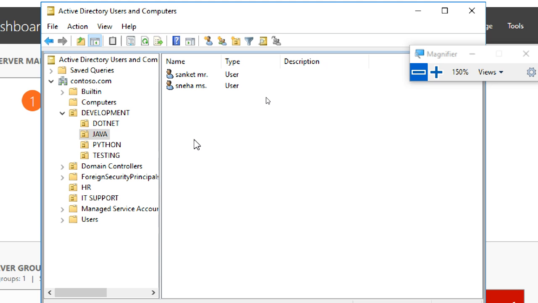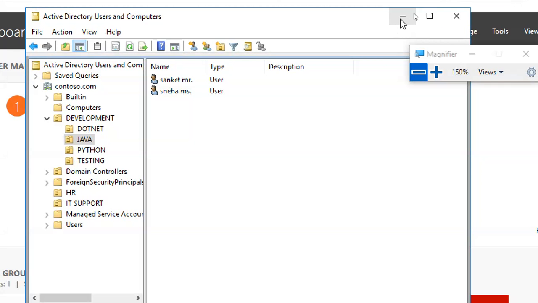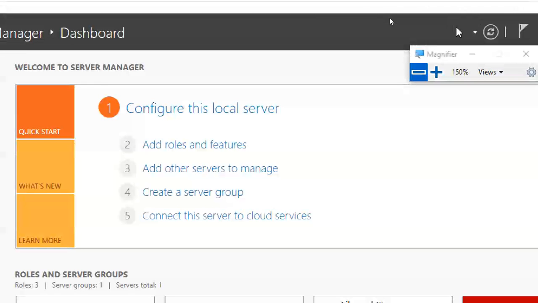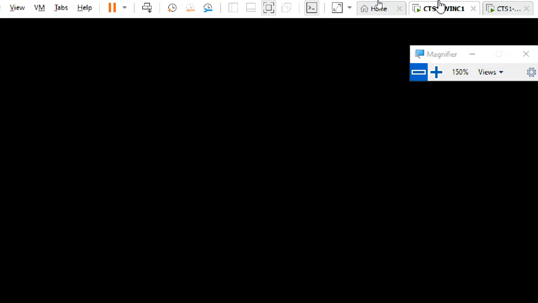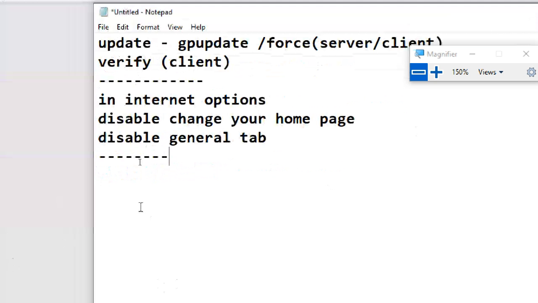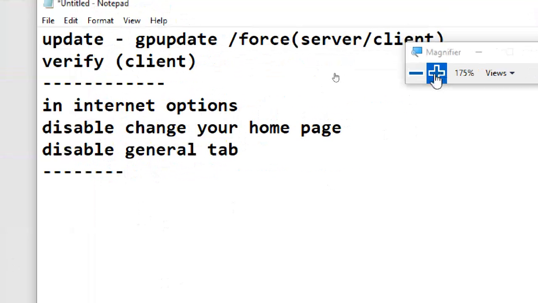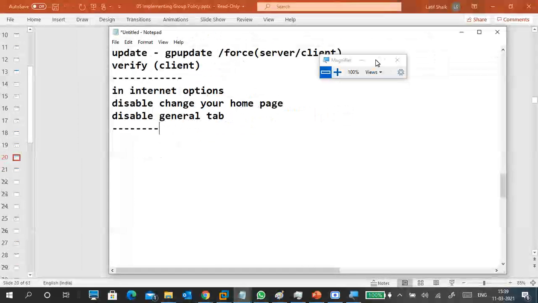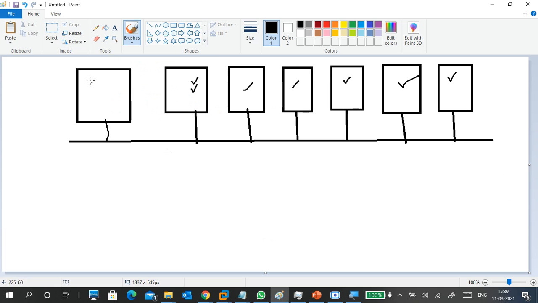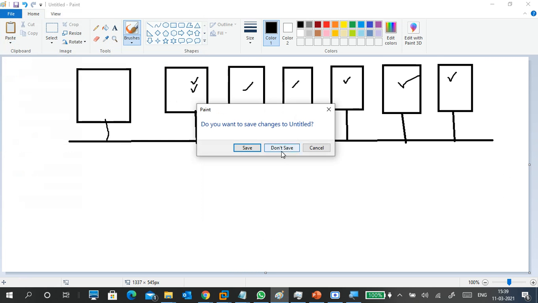Okay, that is the thing. Okay, very good, guys. Good. Okay, so that you understand is actually good. So wherever the policy is applied, only that user will get affected. Okay, so that is about your group policy. And so yeah, I took a lot of time to explain this one. Okay, so this is group policy, and group policy hierarchy is also there. So only that point I will tell, and I will close this group policy.